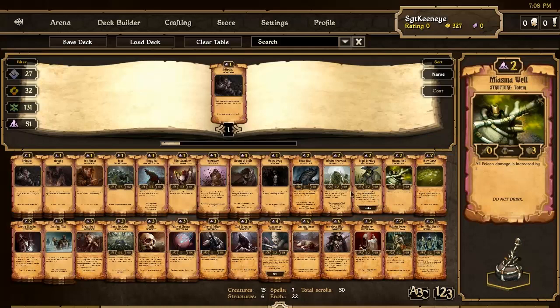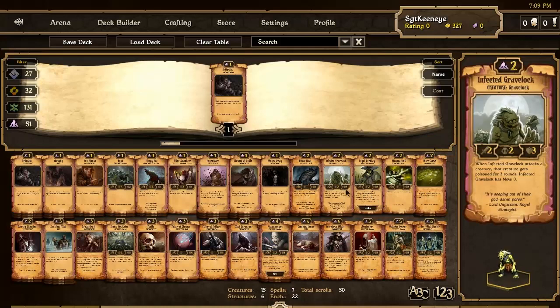There's also Infected Gravelock. If you're doing a Gravelock deck, I know a lot of people do this because they can be very strong, with the Gravelock with Relentless, and the Gravelock Elder that you can spend a resource to completely replenish its HP, and you have Infected Gravelock, and then you have Grave Hawk, which increases the damage depending on how many Gravelocks there are out. There's a lot of possibilities right now. There hasn't been an update, so a lot of decks have problems incorporating